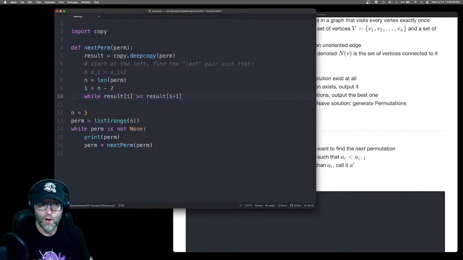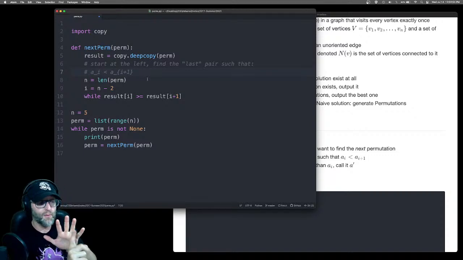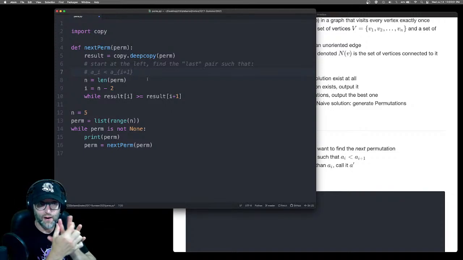Right? And why did I reverse that? Remember, we want a sub I less than, or strictly less than, a sub I plus 1. And this should be in parentheses, in brackets here. I'm going to go down. I'm looking at this one. That's not it. I'm looking at this one. That's not it. I'm looking at this one. Okay, there. That's that pair, right? I want to keep going down